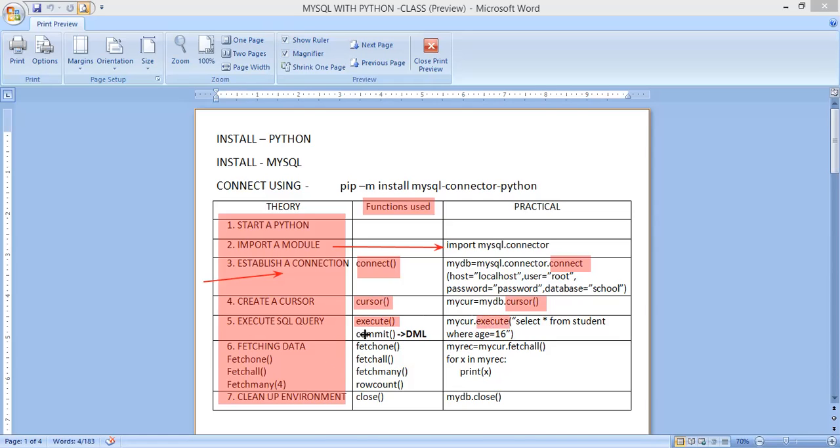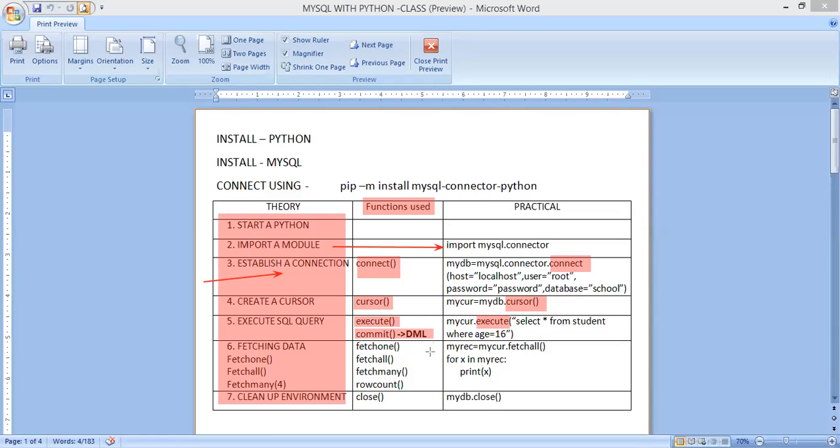And I have given this commit function, and everyone note it down. The commit function will come only for DML commands. So what are DML commands? Anyone, students? Data manipulation language. It consists of insert, update, and delete commands.